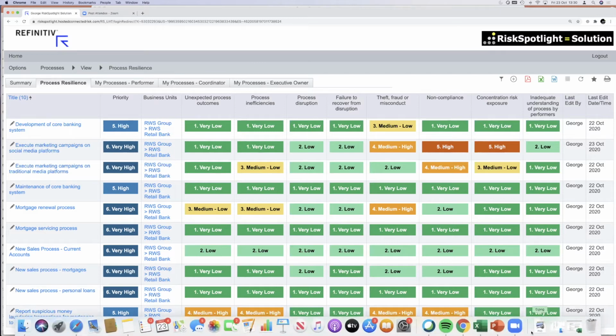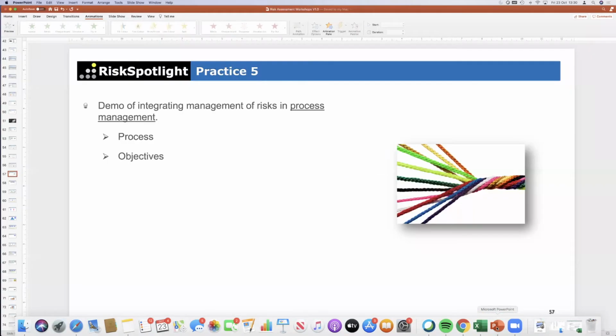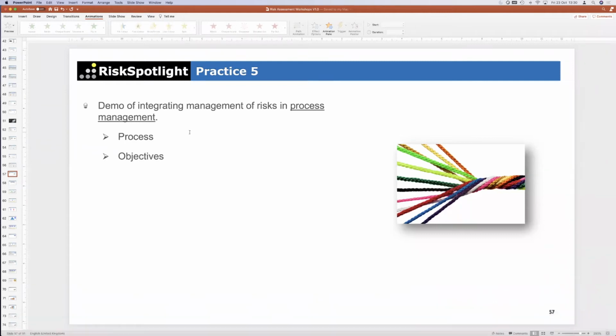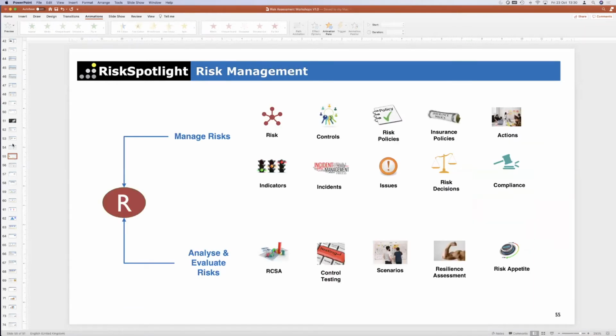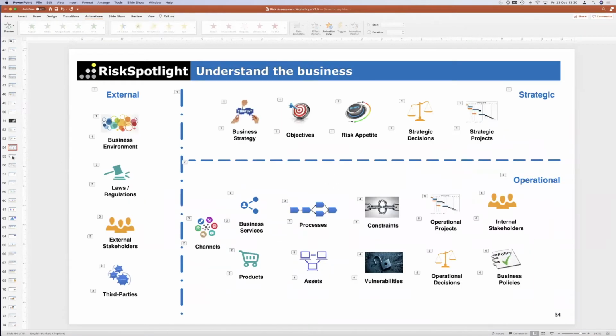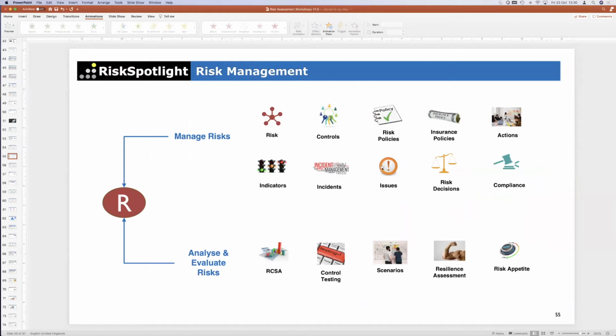Okay, so that's the idea. We did not see any software solution doing this. The best practices in ISO 31000 and COSO all talk about this, but none of the software in the market was doing it. When we were advising customers to integrate risk management into their day-to-day process, they said, okay, but how? Because all the risk management tools they have just allow them to create a library of risks and a library of controls.